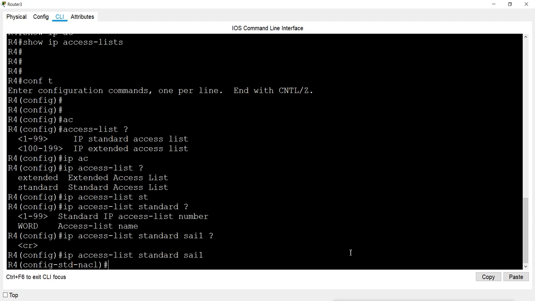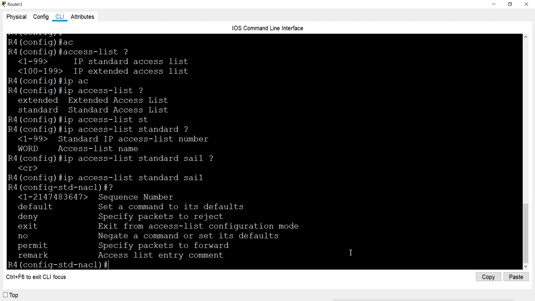Now when I give a question mark here, it asks what do you want to do. Do you want to deny? You want to use default? Default means set a command to its default, that means the command will go back to the default state, whatever command you want to give here. Now deny, you want to deny something, you want to exit from this mode, you want to remove these statements.